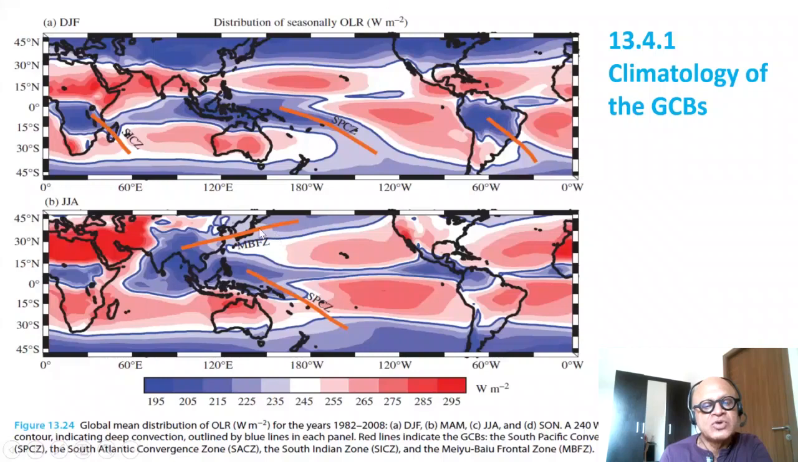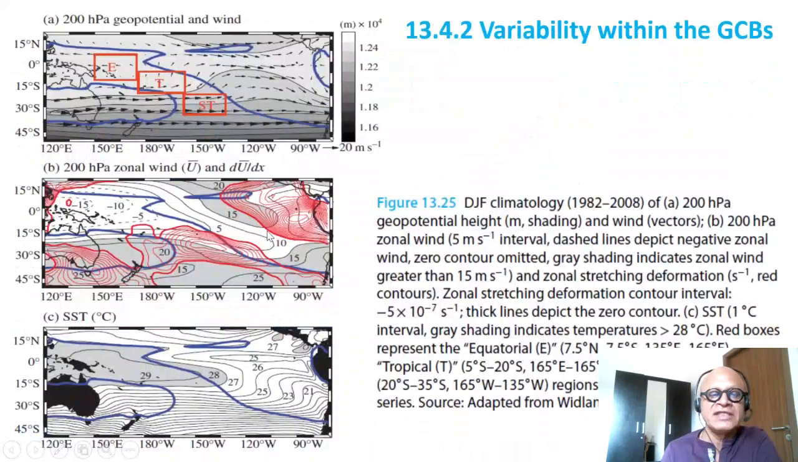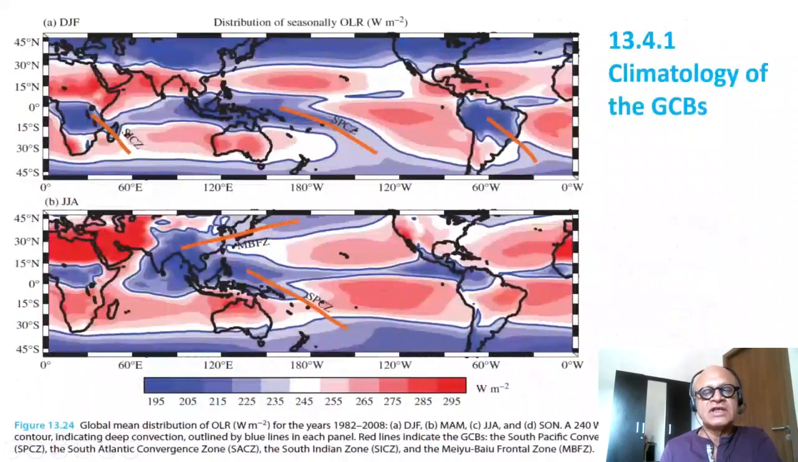In the summer, you get another great cloud band here called the Meiyu-Baiu Frontal Zone, going from China into the North Pacific, again anchored by the East Asian rainfall. So at least in terms of the processes, maybe continental rain has something to do with these great cloud bands. But the theories obviously have to explain